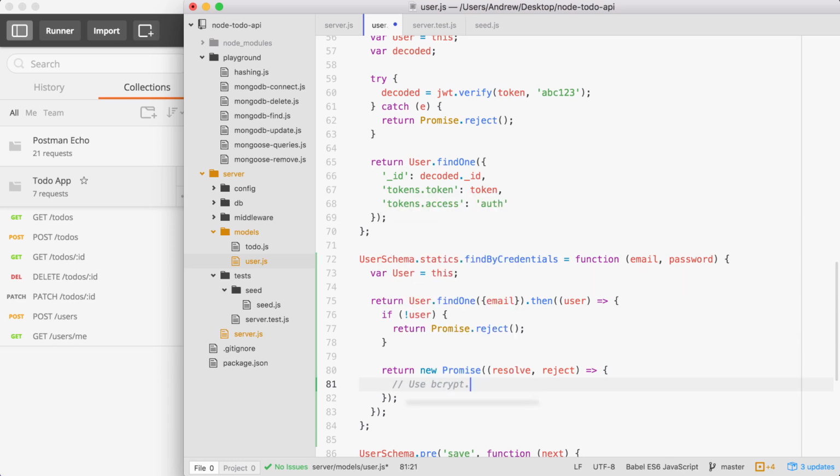Use bcrypt.compare to compare password and user.password. If the result is true, that means you did find a user and you can call resolve with the user we found right here. If the result is false, meaning that the password and the hashed password are not matches, you can just call the reject method, which we have defined right here, and that will trigger the catch case